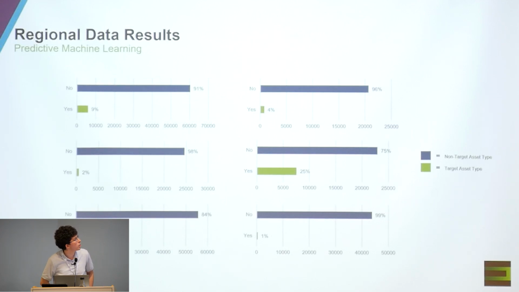So on the last slide, I showed just an overall view of the model predictions. These 6 graphs are showing a more refined view of the overall histogram by showing different regions within the client's operating system. And you can see by their distributions that there are some locations where many more assets are deemed at risk and will need to be replaced when compared to other locations. In particular, the middle right and the bottom left, the overall riskiness of those locations remains high, while you can see in the other graphs, relatively there's fewer risky